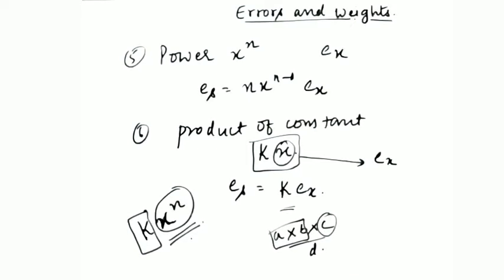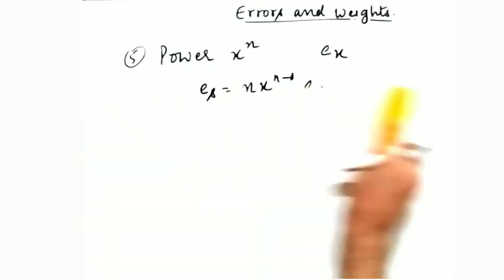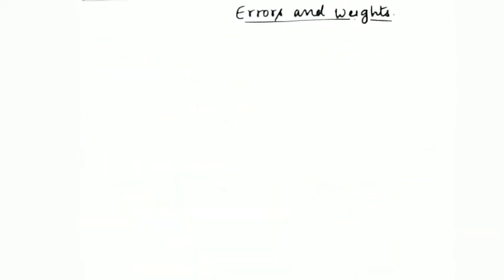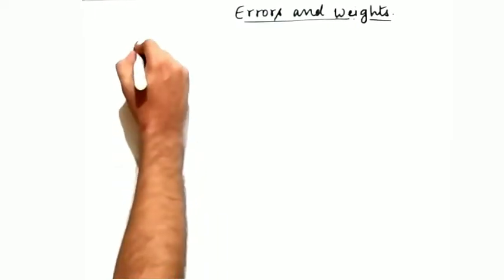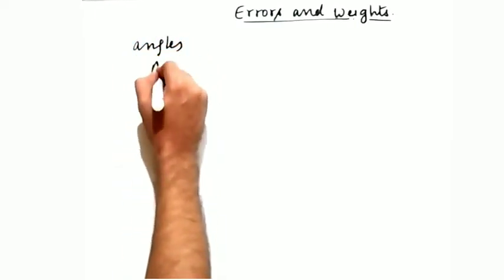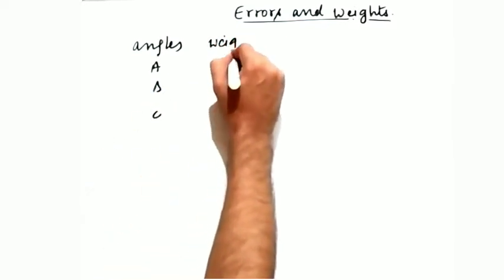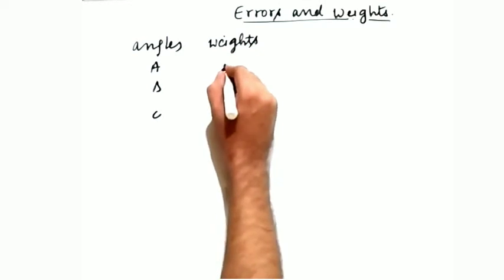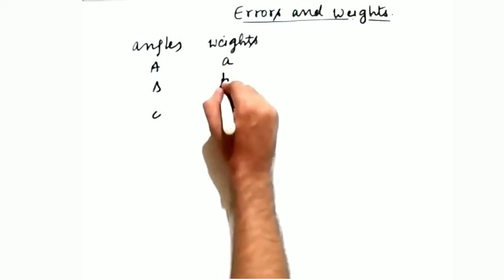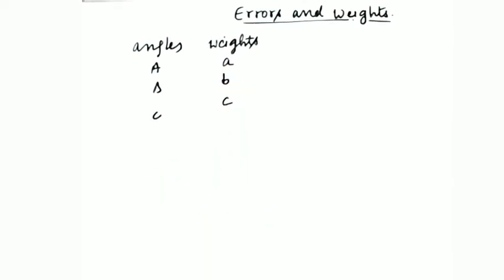Now we are moving to law of weights. अब हम weighted observations की बात करेंगे. तो किस तरीके से वेटेड ऑब्जर्वेशन से रिलेटेड क्वेश्चन फ्रेम होगा वो देखते हैं हम. तो suppose कीजिए we have a few angles, suppose these are angles a, b and c, and these angles have weights. I already told you what is weight. Weight is depending upon the importance of these angles or these quantities.